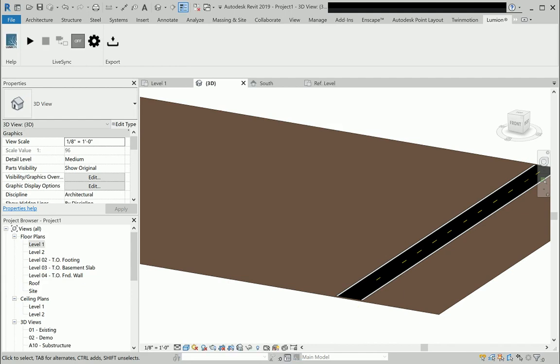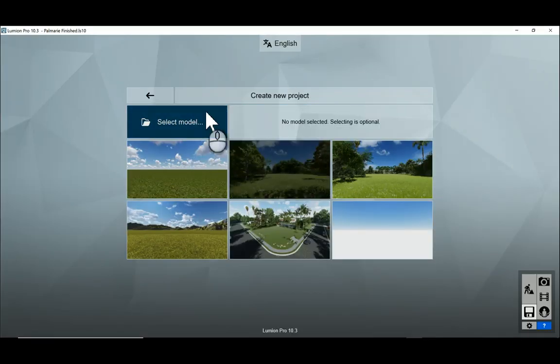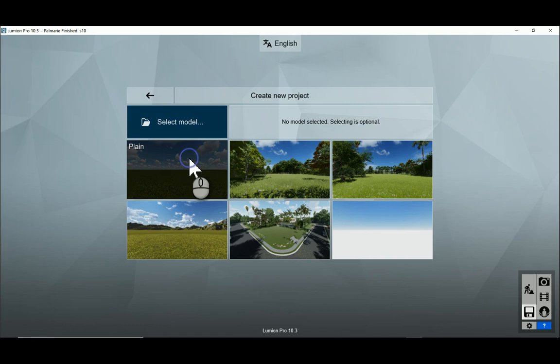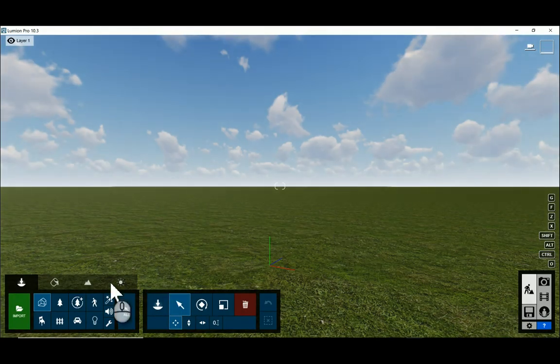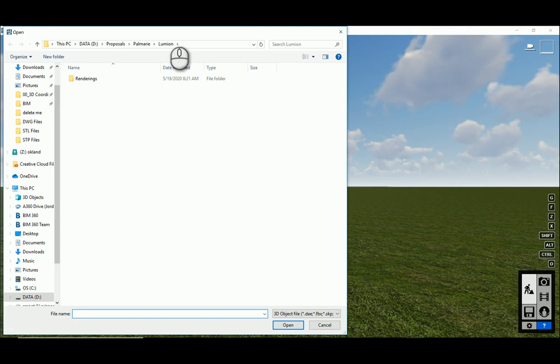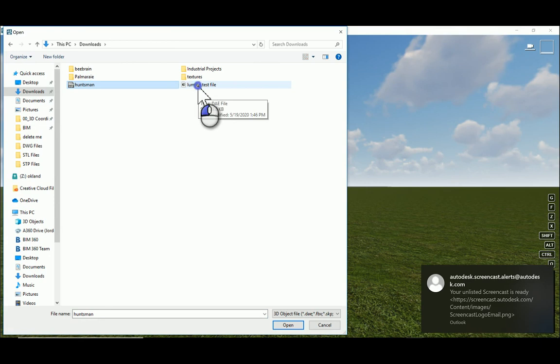There we go. You're going to open up Lumion, and we're going to say new, and you'll select plain, or maybe there's different scenes that you can load, so you can load the mountain scene or whatever, but plain is totally fine. Click on import here, and we'll go back to downloads. So you're going to select your model,